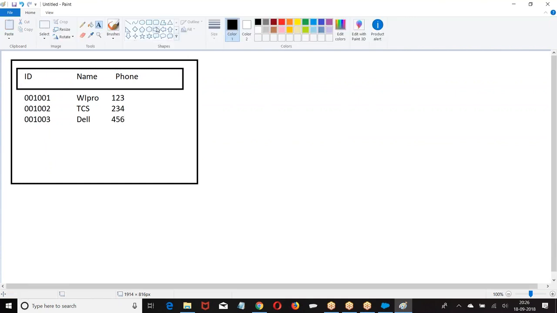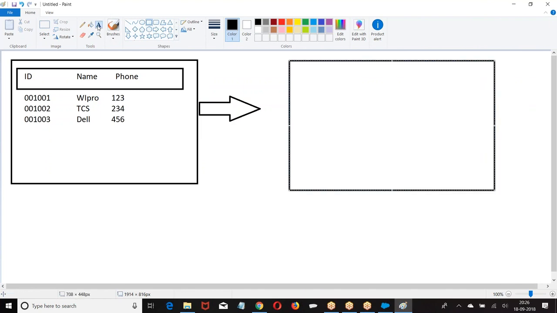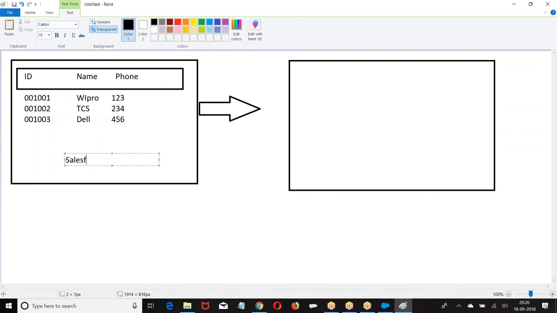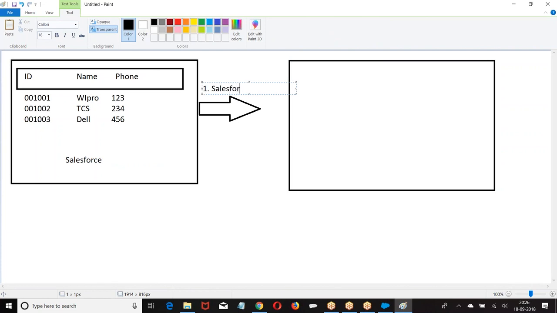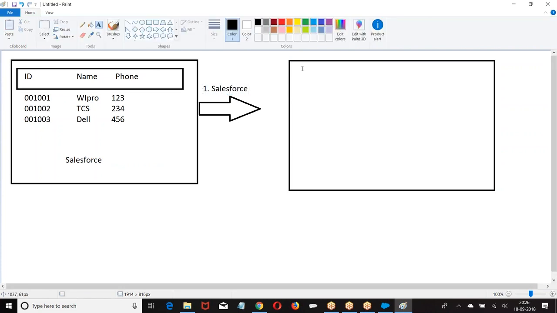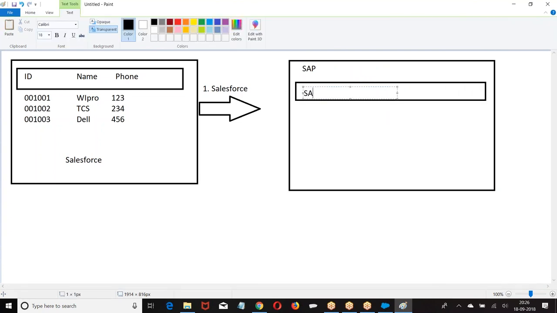Now, from Salesforce, you are sending the data to the SAP application. This is Salesforce. Who is sending the data first? Salesforce is sending the data to SAP. In SAP, they have their own data, SAP ID, record ID.